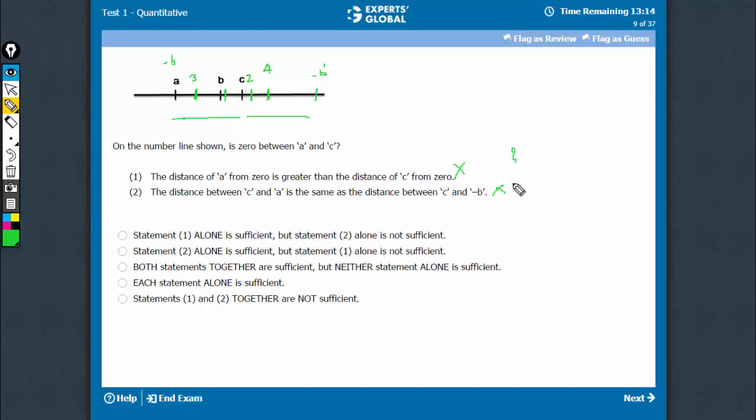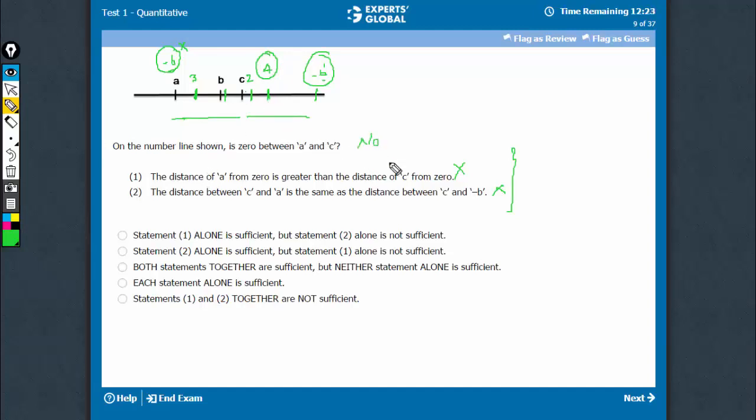Now when we combine, in the second case, there were two possible values of minus B. One was this value and the other was this value. But in this case, when minus B comes here, the origin comes here, origin becomes closer to A. But statement 1 says the distance of A from 0 is greater than. So origin cannot be closer to A, and therefore this possibility has to be eliminated. And therefore this possibility has to exist, and therefore this fourth case is the only case that remains. Okay, and in fourth case the answer becomes no.